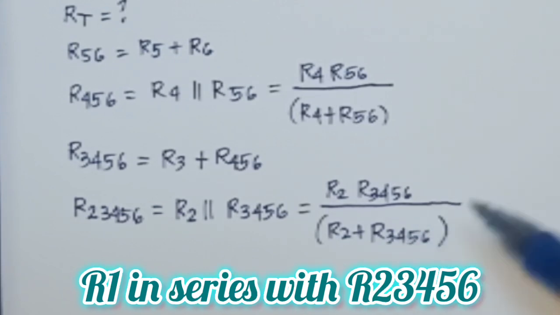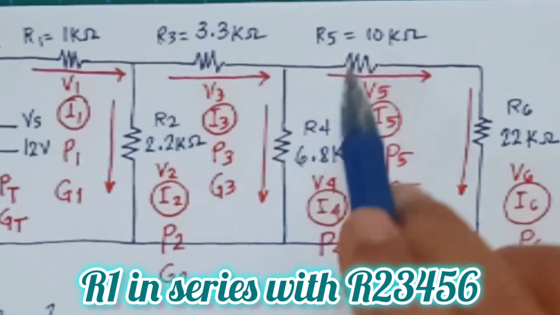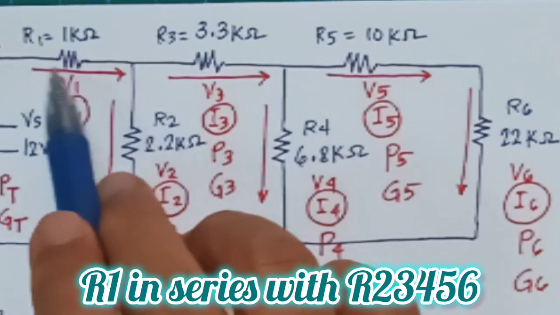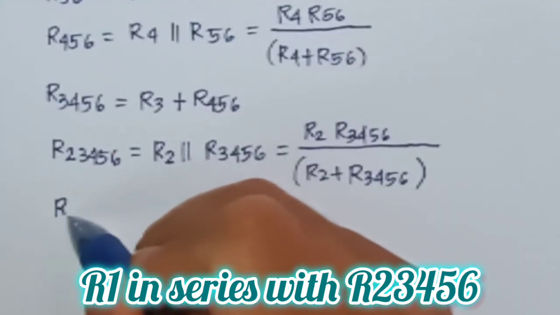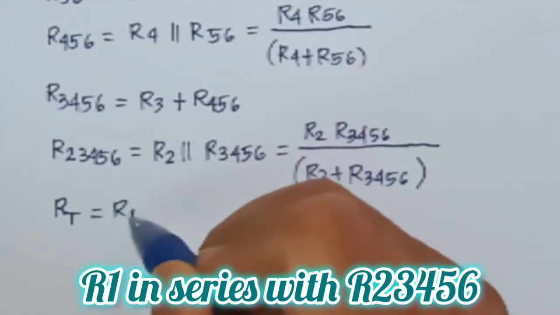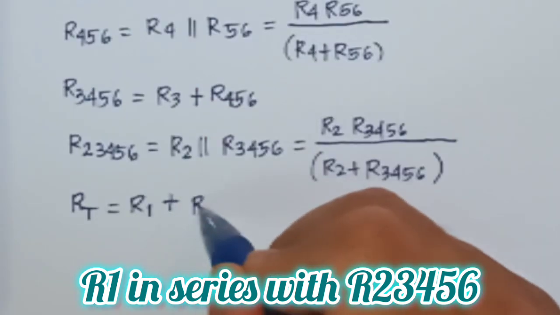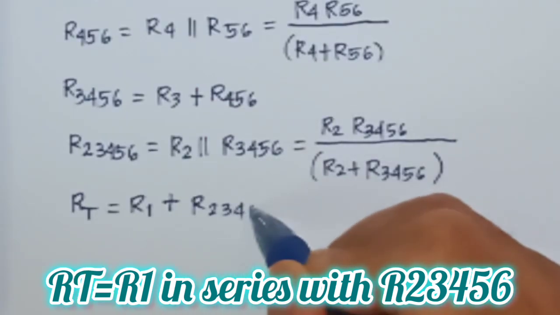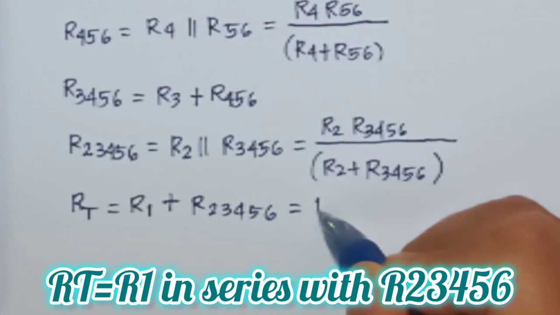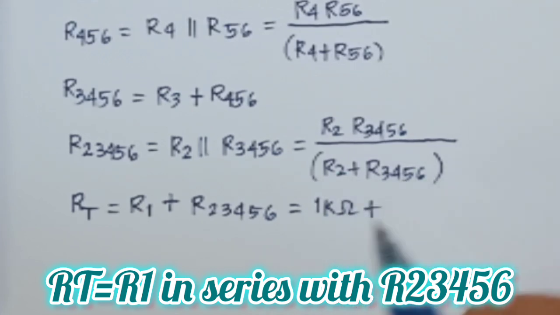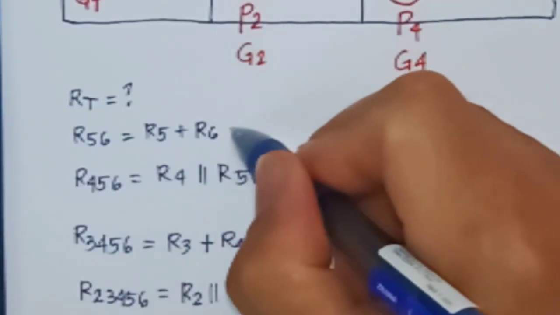And of course, after getting R23456, that would be series with R1. And so we can get the R total equal to the series of R1 plus R23456. Now what's the value of R1? It's 1 kilo ohms plus